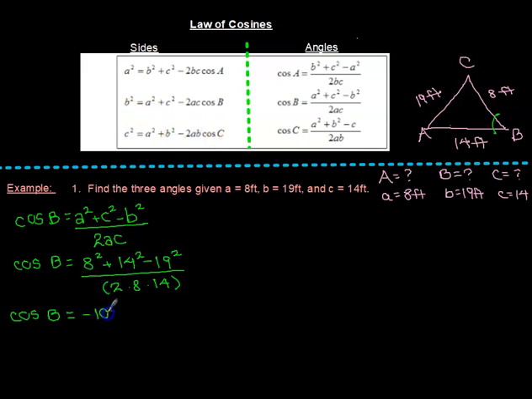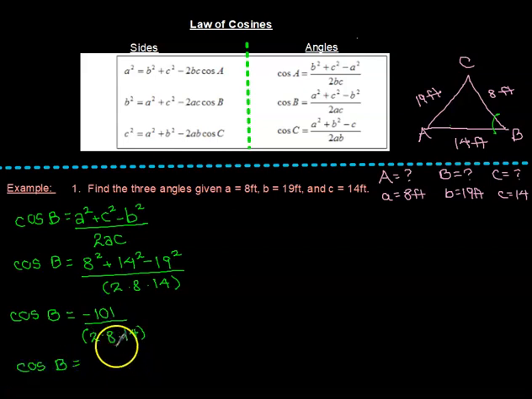And notice that I put the entire denominator in one parentheses, because we're not going to just divide by 2 times 8 times 14 when we punch it into the calculator. Otherwise it takes negative 101 and only divides by 2, and then divides the rest of the answer by 8 and 14. So I'm just going to reiterate, make sure that your entire denominator is in one parentheses when you plug it into the calculator. So I'm going to type in negative 101 divided by, in one parentheses, 2 times 8 times 14, close the parentheses, equals, and that should give me cosine B